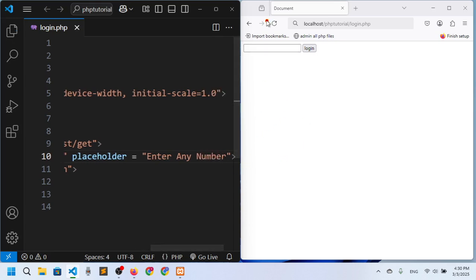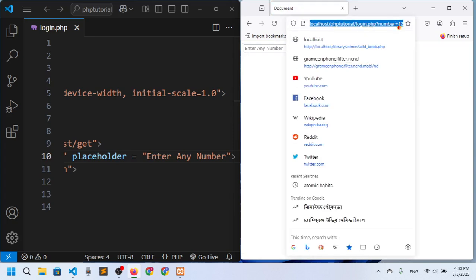If I refresh, now you can see enter any number. So if I type here 12 and click login,